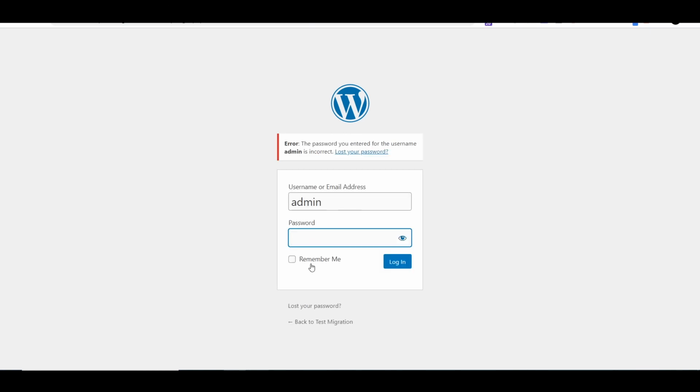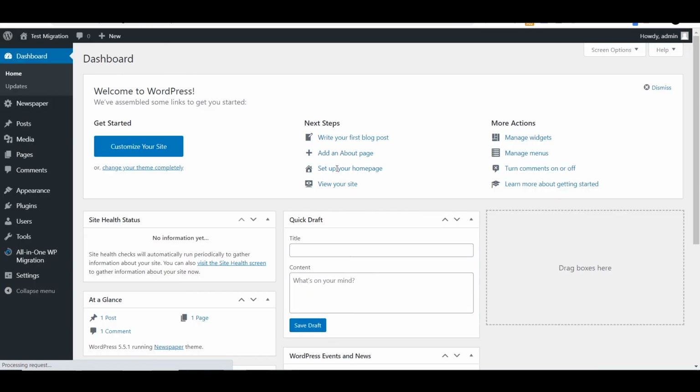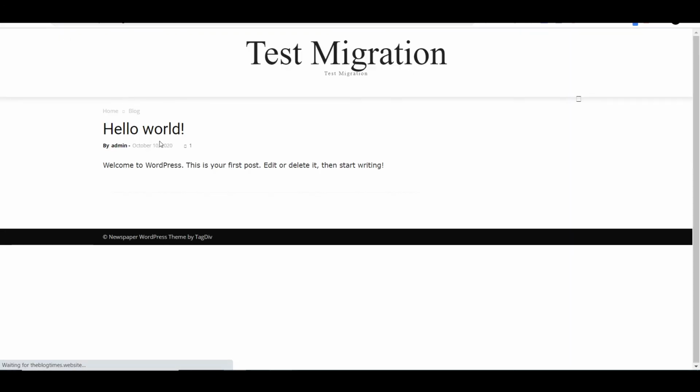I actually don't remember the password, so I'll just reset my password and come back. So I have just reset my password, and now I will log in and see what my imported website looks like. As you can see, I have now entered the dashboard of my migrated website, and let's see how the website looks now. And as you can see, our old website is back on this hosting. We just migrated this from our previous hosting to the new hosting, which is WPX.